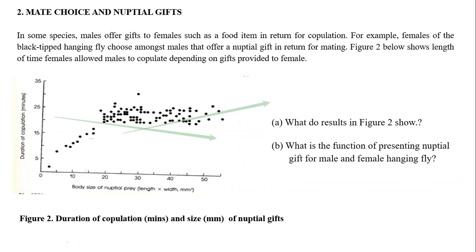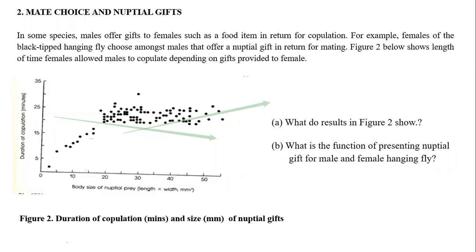In fact, later on, when we look at sex and sexual selection, we will be able to go even further, because you can see here that the larger the body size of the prey, the longer the duration. In fact, we are going to see that the females will actually choose males that bring a larger food item. By bringing a larger food item to the female, that is a sign that this male is strong